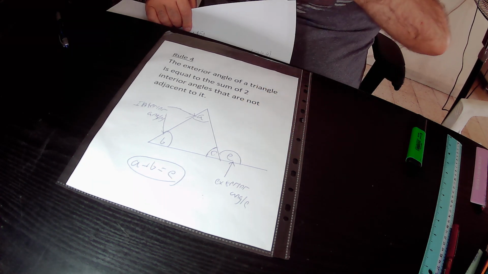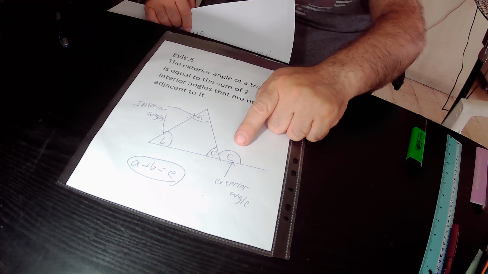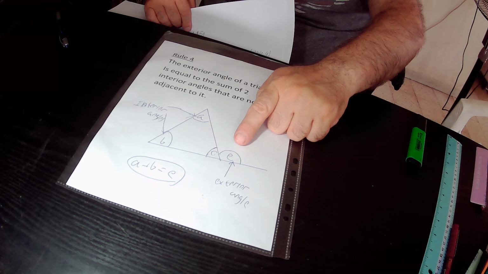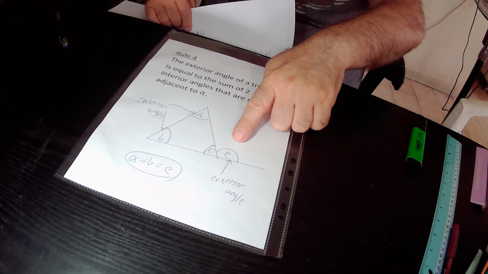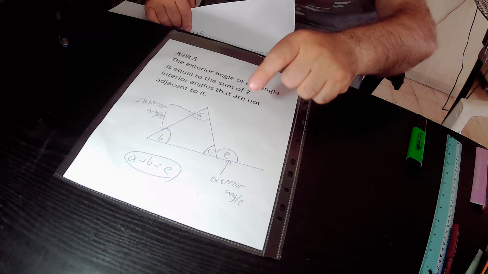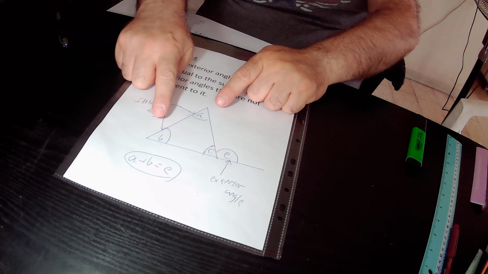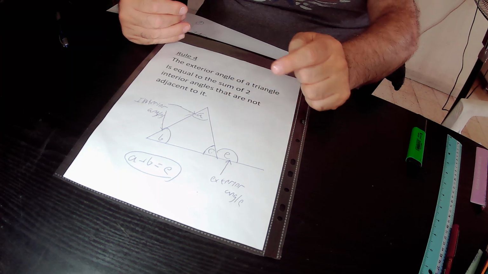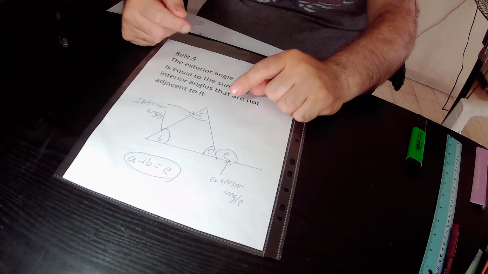And according to this Rule 4, the size of this exterior angle E is equal to the sum of the two interior angles that are not adjacent to it. Angle C is definitely adjacent to angle E, and the two other angles that are not adjacent to it are A and B. And therefore, according to this Rule 4, the size of angle E equals A plus B,